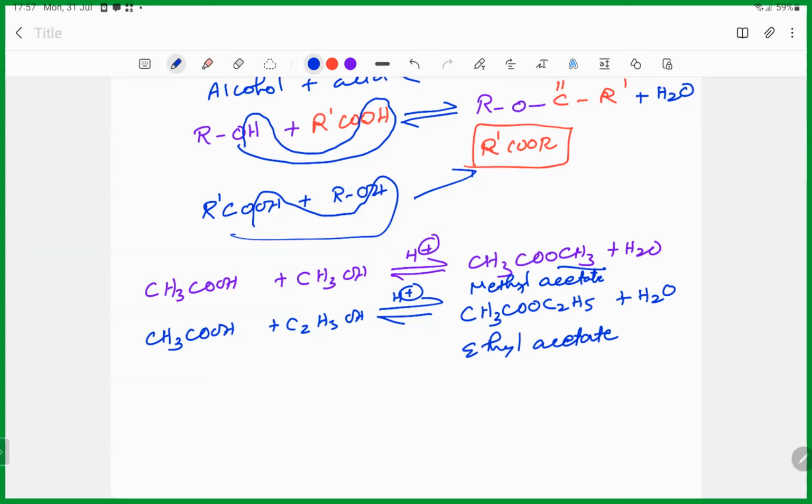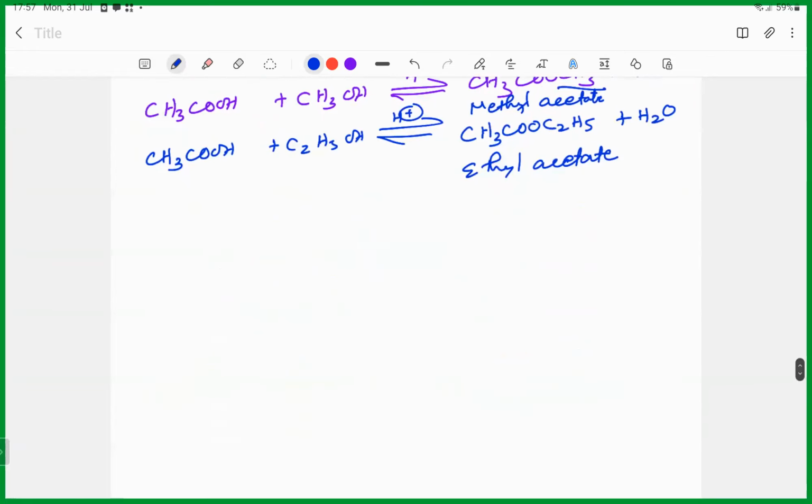This is esterification. The second common reaction is with base. It always gives the fish sound with the base, with liberation of carbon dioxide. Like mineral acid, ethanoic acid also will react with base, such as sodium hydroxide, to give the sodium salt and water. For example, you take acetic acid